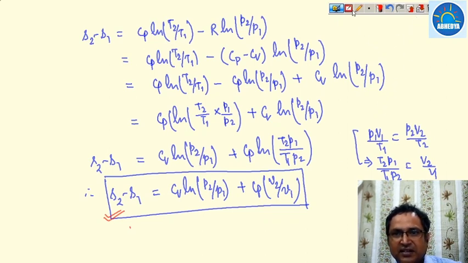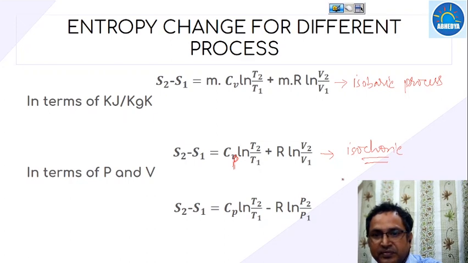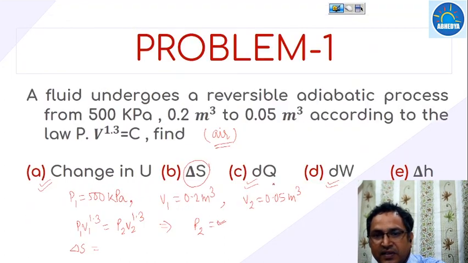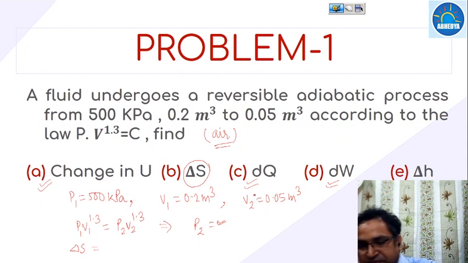So I think in this question we can use the formula directly and we get the value of delta S. Similarly, for delta Q, delta W and delta H, we can use the direct formulas, as we have already done these in the first law of thermodynamics. So I suppose that you can do this on your own.